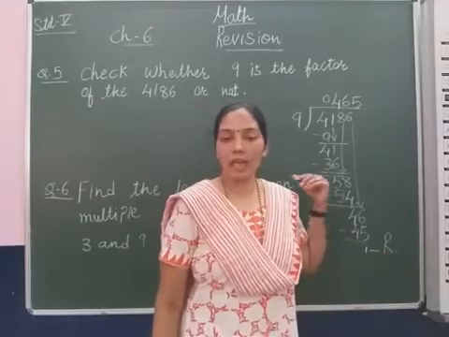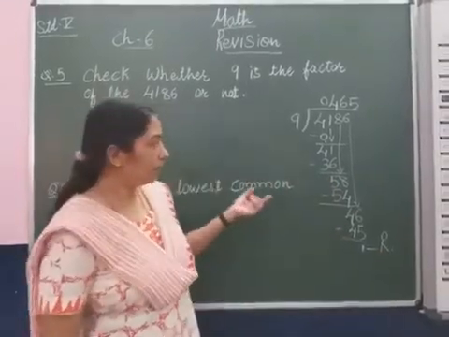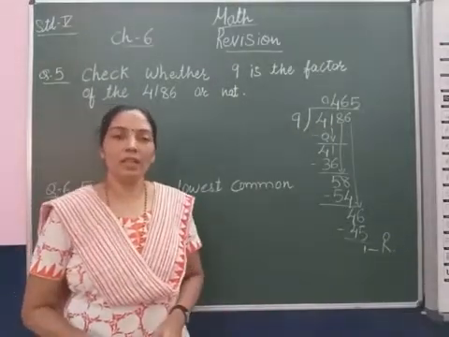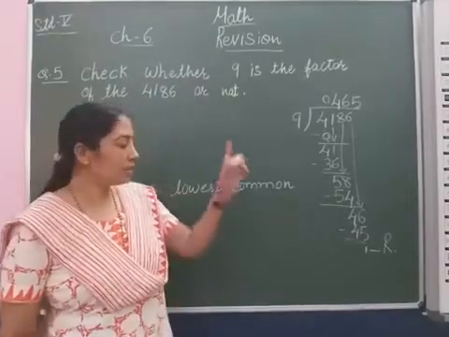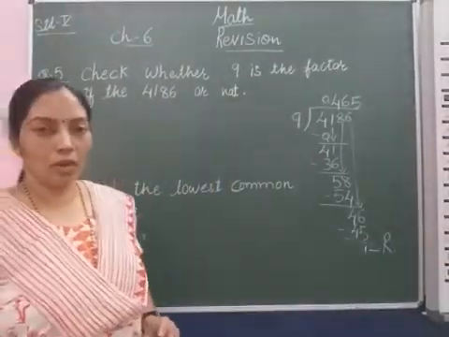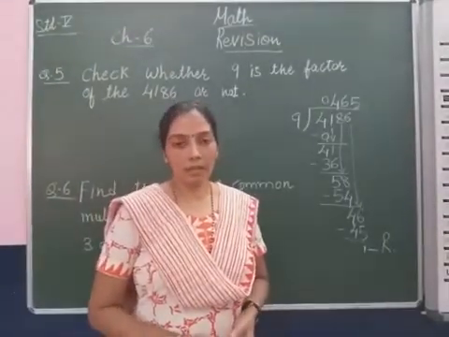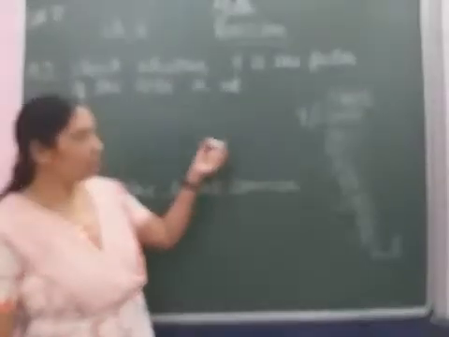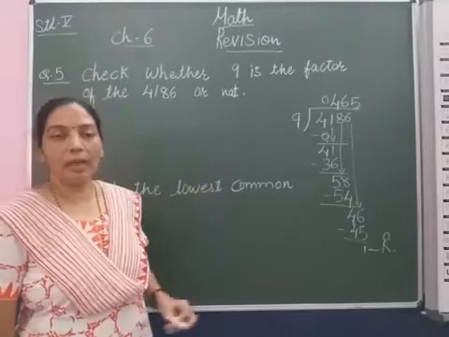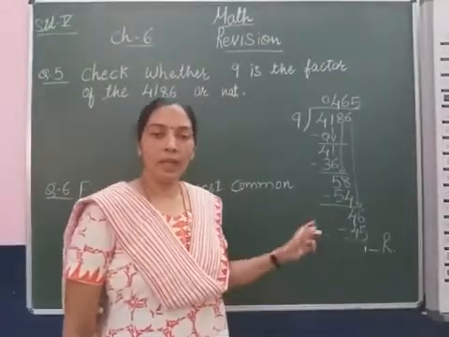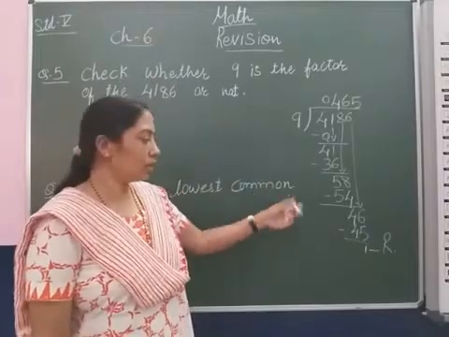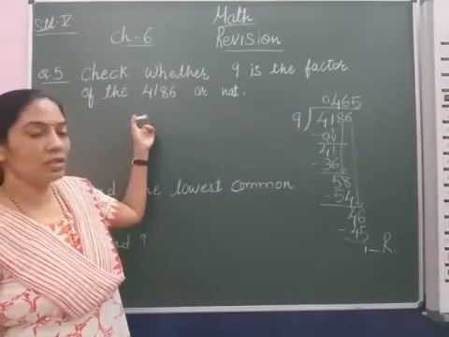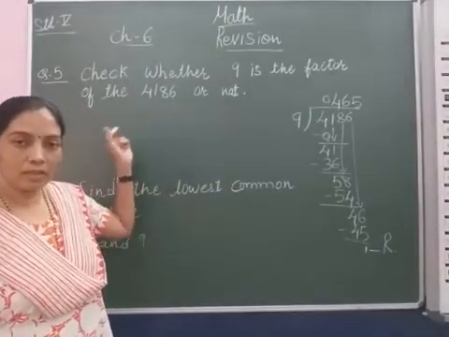So we can say that 9 is not a factor of this number. Or another way we can say that this number is not divisible by 9. Sometimes in the question it is also asked to explain the rule of why it is divisible by 9 or another number. That time you explain the rule. But here it is asked for the long division method, so we show that, and here 1 remains. So we can say that 9 is not a factor of this number.